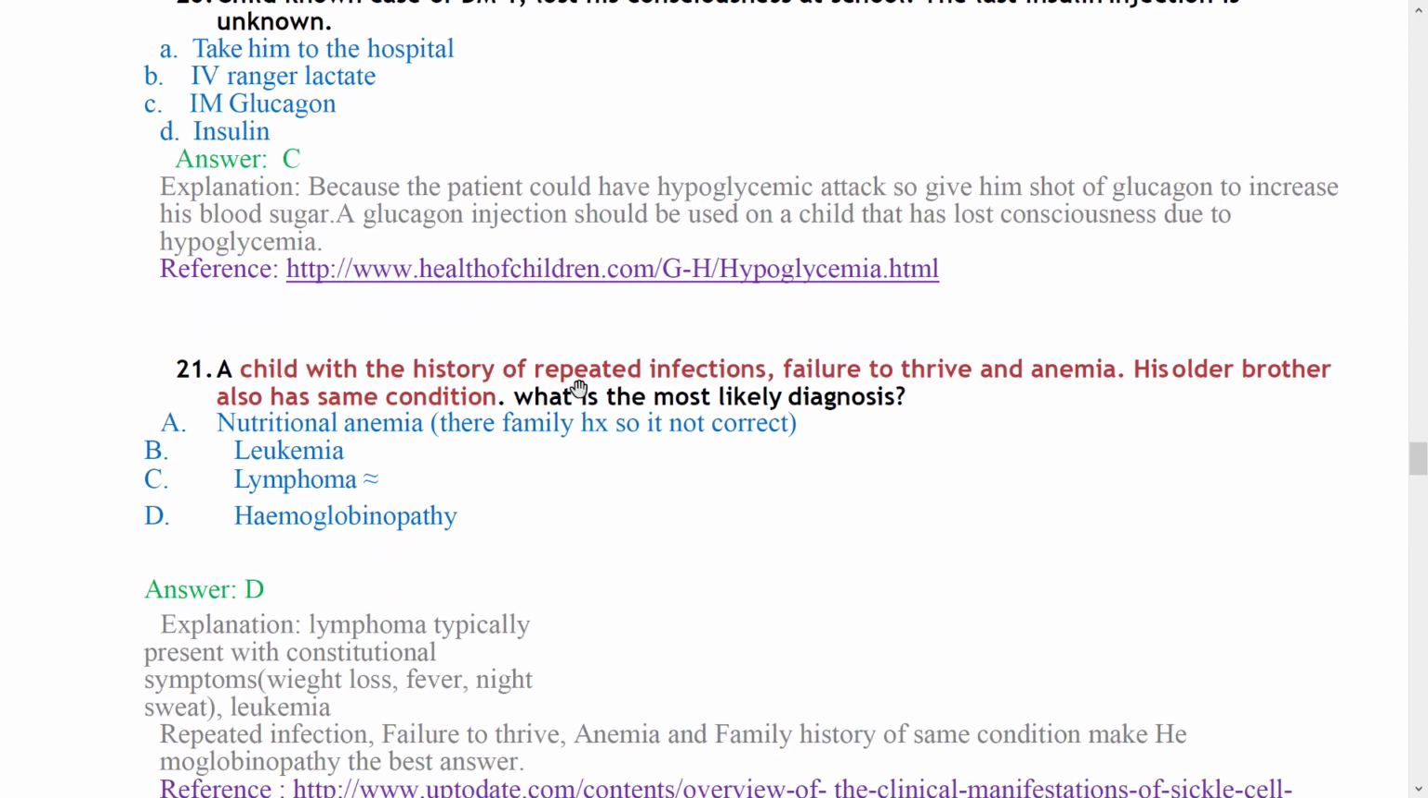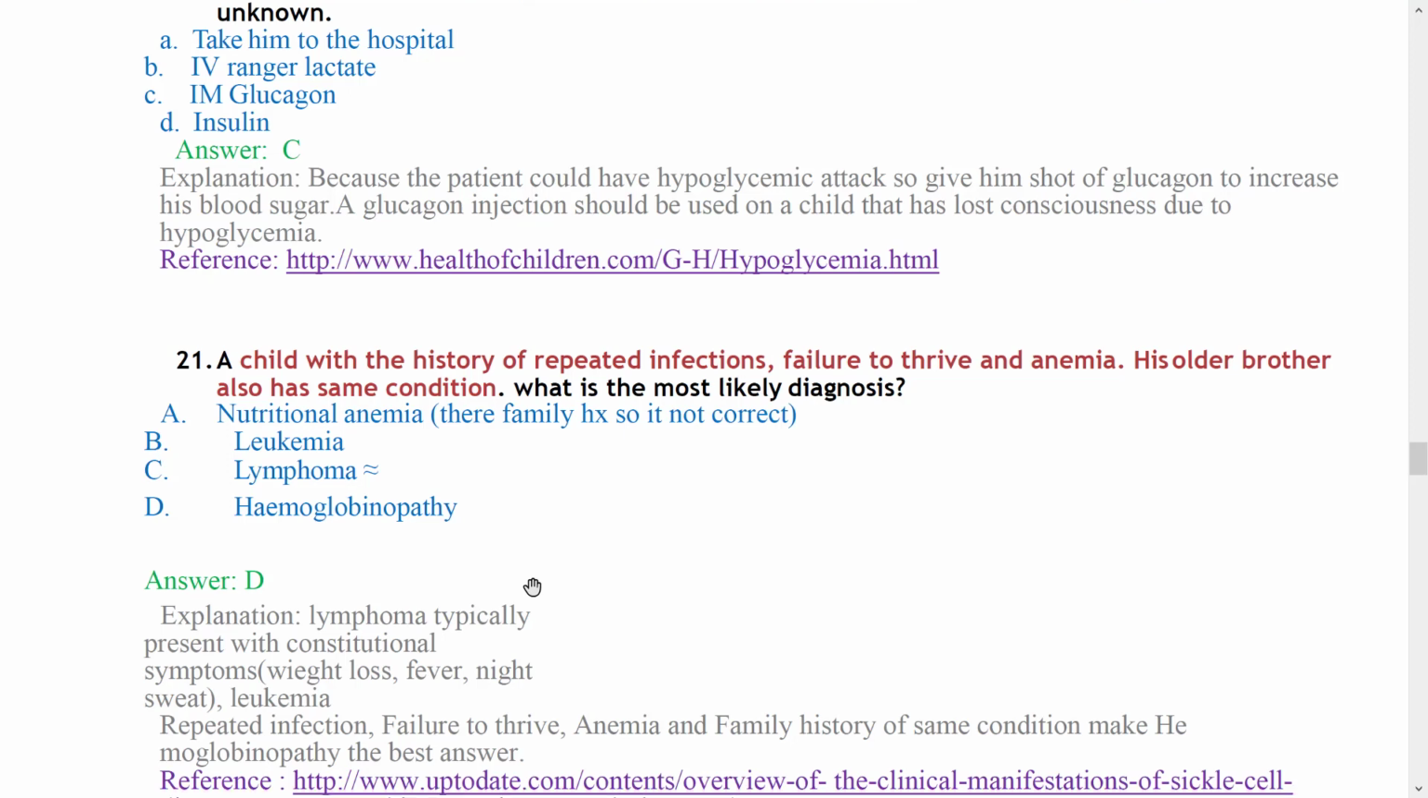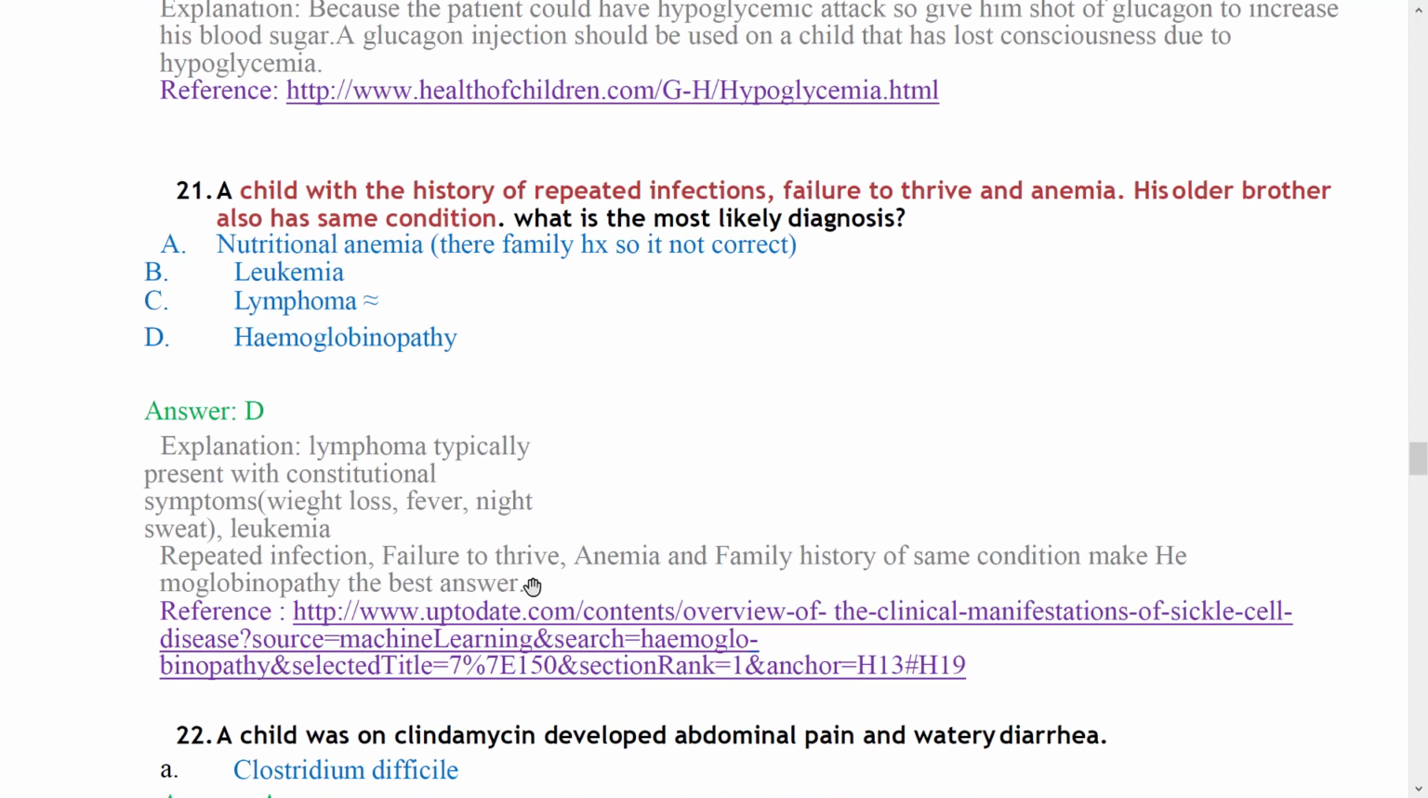Child with a history of repeated infections, failure to thrive, and anemia. His older brother also has the same condition. What is the most likely diagnosis? So there's anemia, there's failure to thrive, there's infections. Is it nutritional? Is it leukemia? Is it lymphoma? Is it a coagulopathy? It's a disorder in the hemoglobin, and